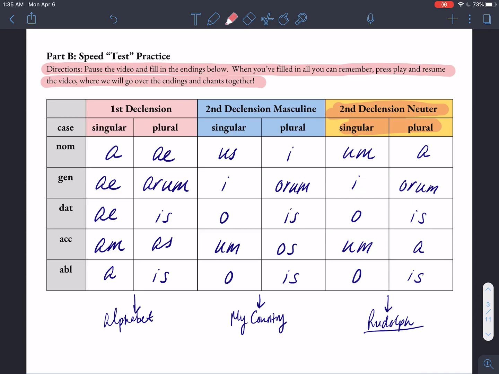Okay, so do you think you can try that along with me? Okay, and we'll do it kind of slow, okay? And a 5, 6, 7, and